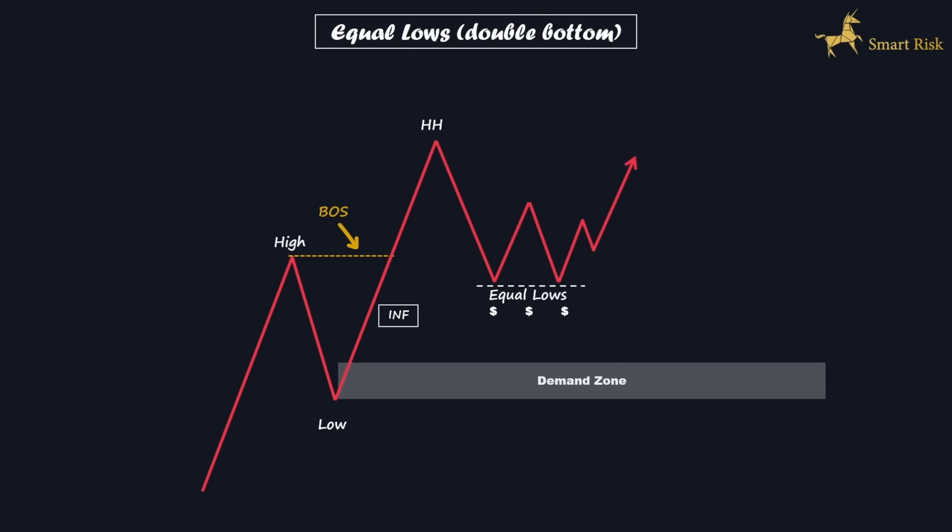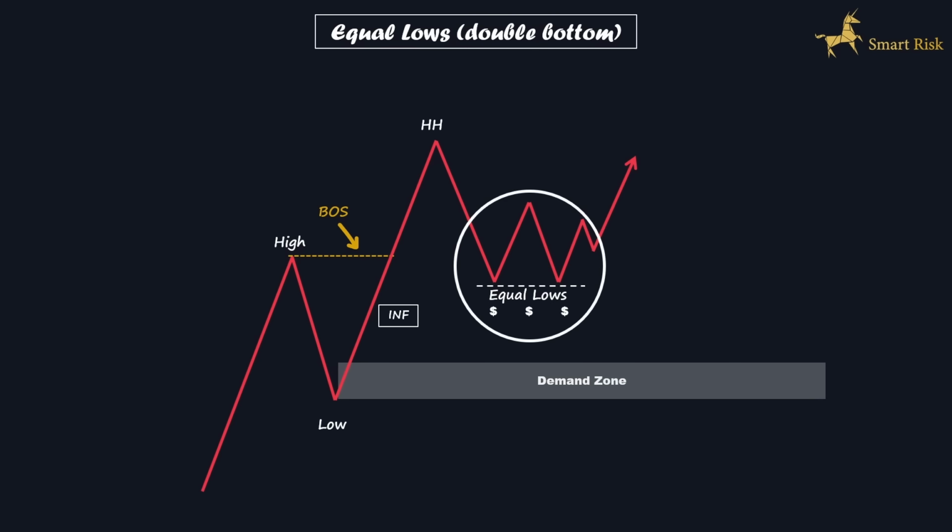Imagine we have a structure like this. Price created a bullish break of structure, pushed upside and then retraced back down, failing to reach the demand zone generated by the BOS wave. Instead, the price formed an internal low. It attempted another push upward, but the bullish momentum was insufficient to break the recent major high. Subsequently, the price experienced another pullback and couldn't break the recent internal low, resulting in the formation of a double